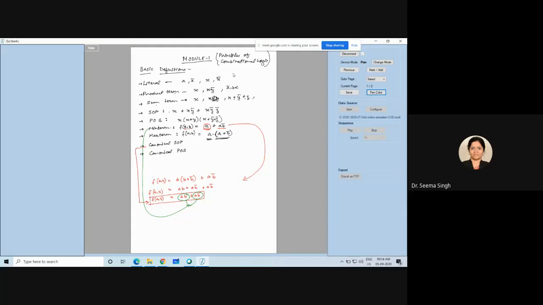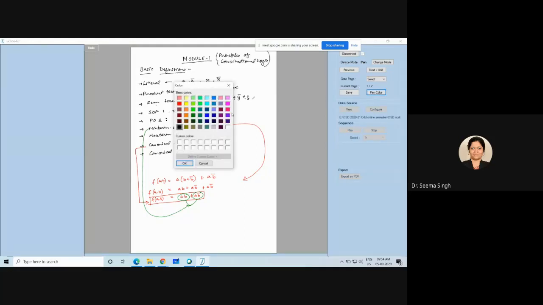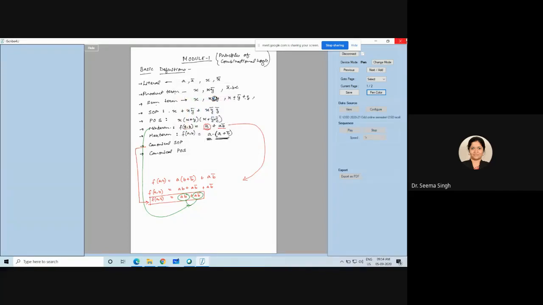Now what I am supposed to do? I should convert it to maxterm form. Maxterm form means when I combine all that, then it becomes canonical POS. But as of now, it is not in a maxterm form. One is in maxterm form, other one is not. So what shall I do for that? I need to bring the other term also into picture. And how should I do that? I will show you now.